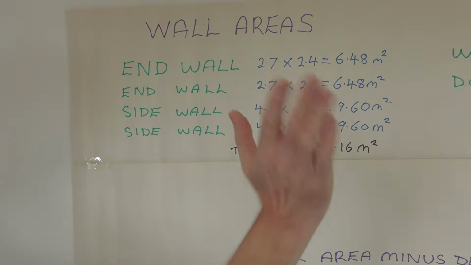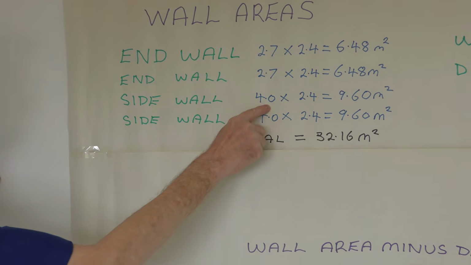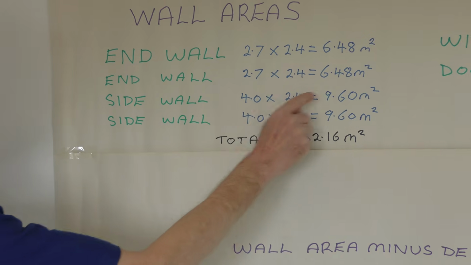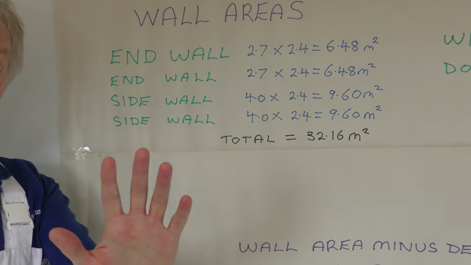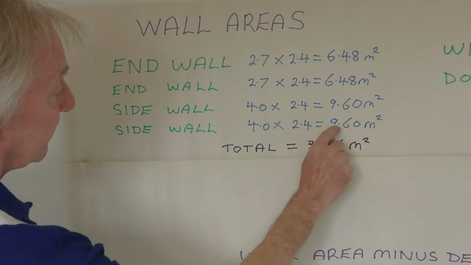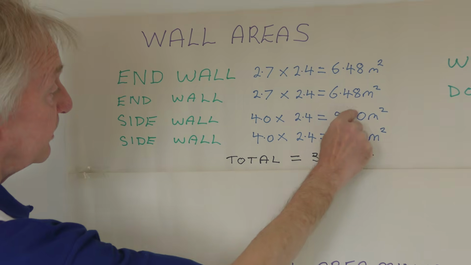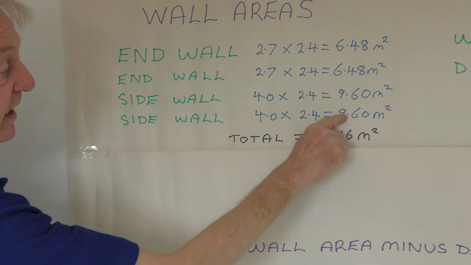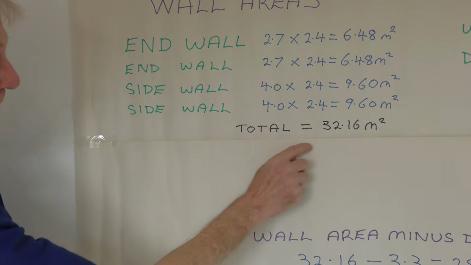Now the side wall here, that's a long wall, it's 4 metres long, 2.4 high, multiply them together, you get 9.6 metres squared. The other side wall, exactly the same, gives you 9.6 metres squared. So that's the area of the individual walls. What we've got to do is add them all together to get the total. So when you add those four numbers together, you get a total of